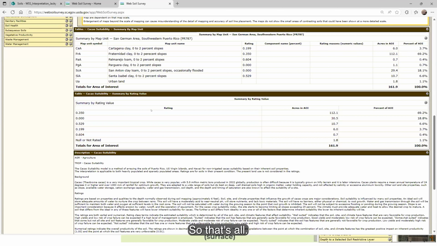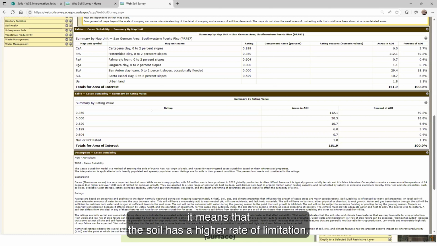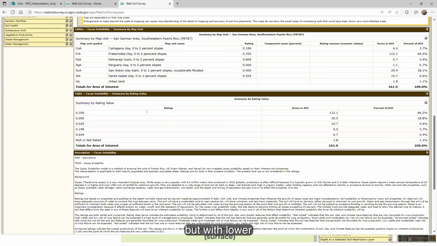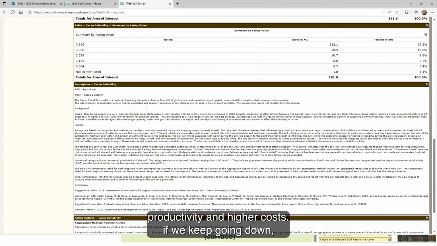So that soil may have very low or no limitation. The lower the number, it means that the soil has a higher rate of limitations. So the crop can be grown, but with lower productivity and higher costs.